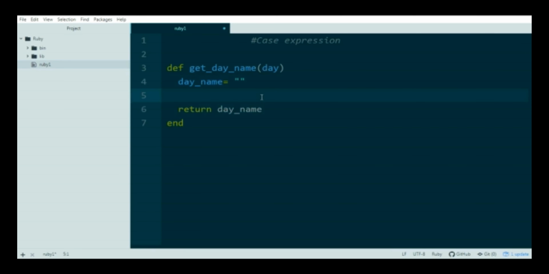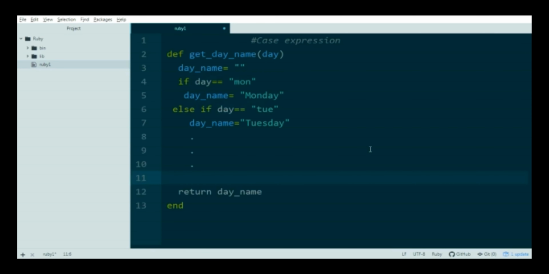So one way that we could do this would be using an if statement. In a situation like that, case expressions are golden. They are going to help us out so much. So I'm going to get rid of this if block, and over here we're going to set up a case